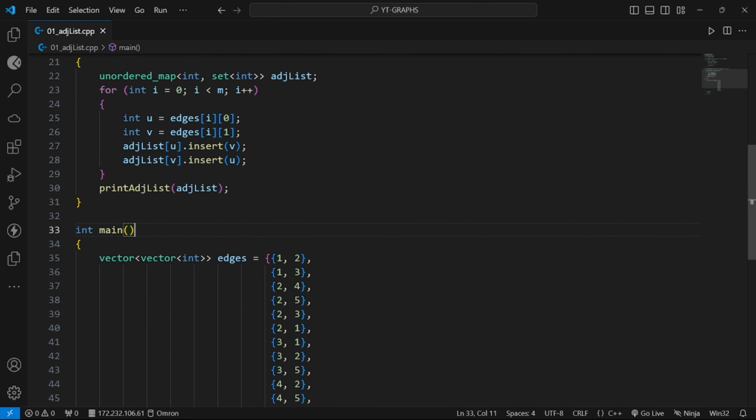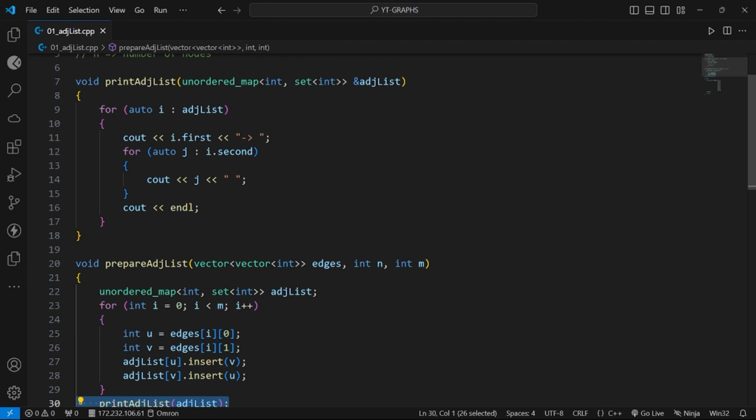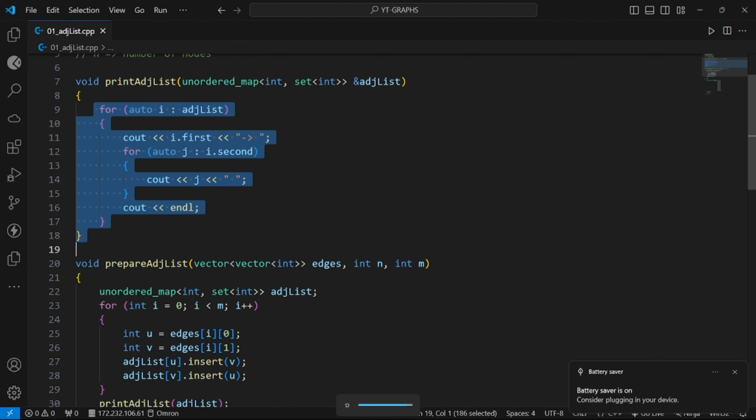Till here we are able to create an adjacency list, and then we print it using two for loops.